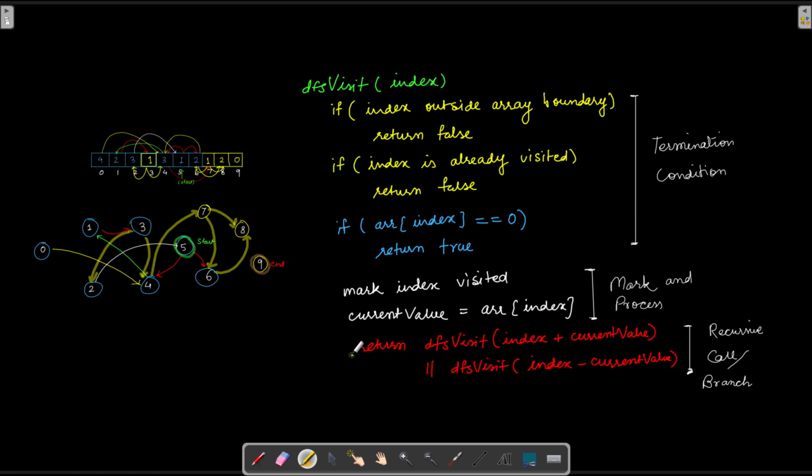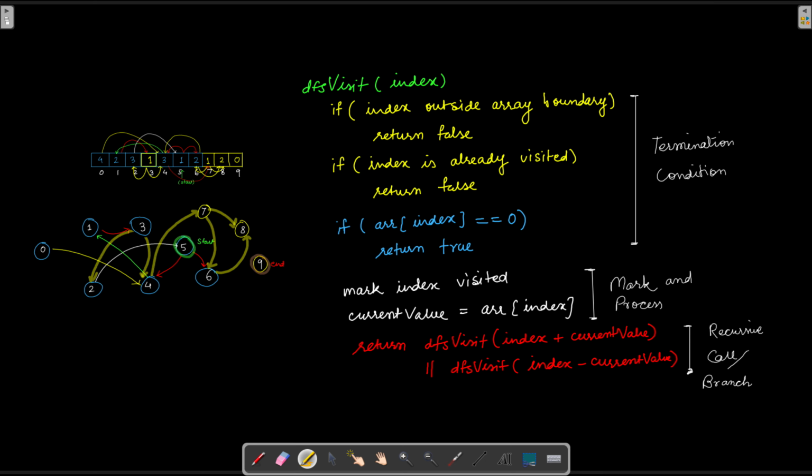And then finally we branch out and call the recursive method once again, and there are going to be two calls here, one with plus, another one with minus. And if the plus call returns true, then we would not need to go to this branch. If this one returns false, only in that case we'll go here and we'll try the minus one. And I think that is quite easy.